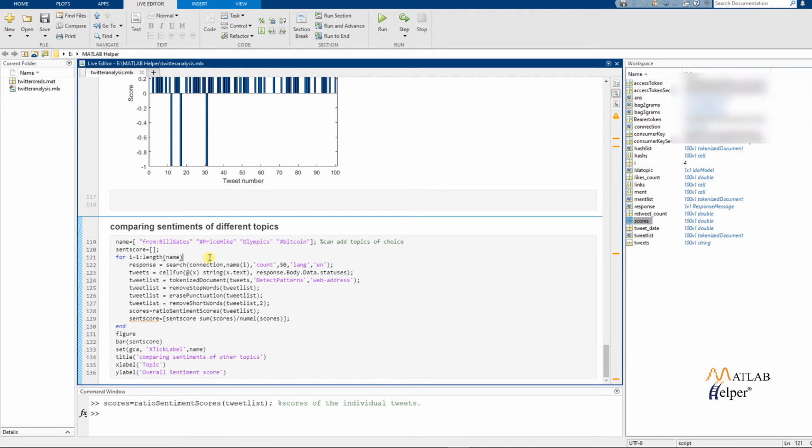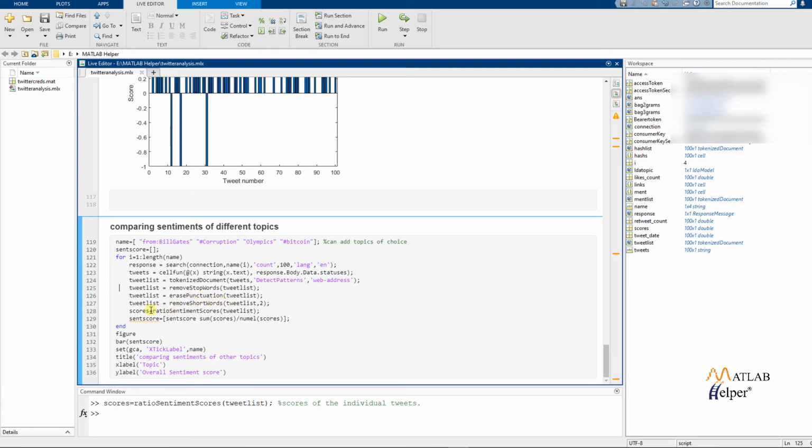We then use the same functions as we did before to extract the strings from the given path, which is response.body.statuses. We then convert it into a tokenized document and store it in the variable tweet list. The text of the tokenized document tweet list is then cleaned using the functions remove stop words, erase punctuation, and remove short words.